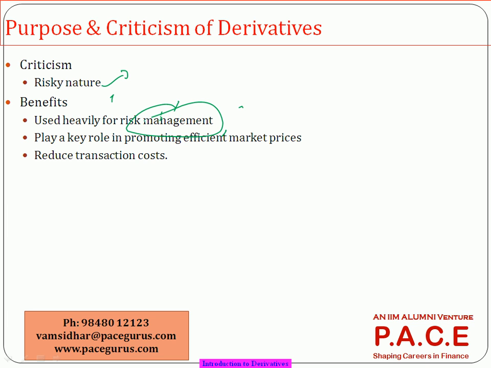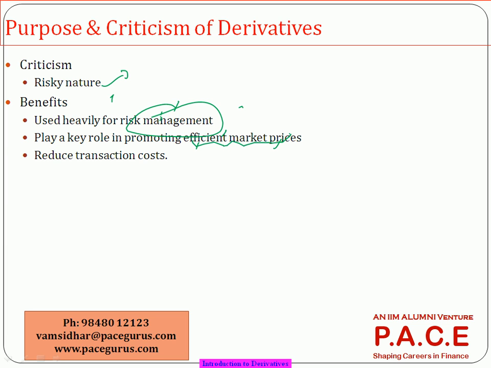You can get into a contract today and you can try to reduce your risk. So derivatives actually play an important role in risk management. The entire world of risk management is turning around the world of derivatives itself, and they also